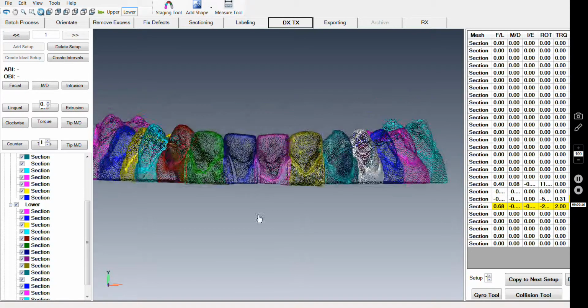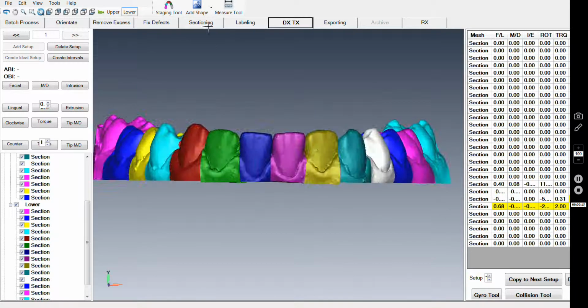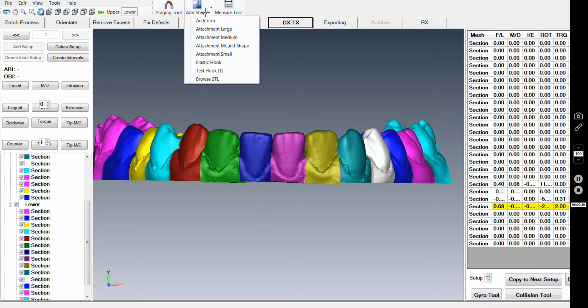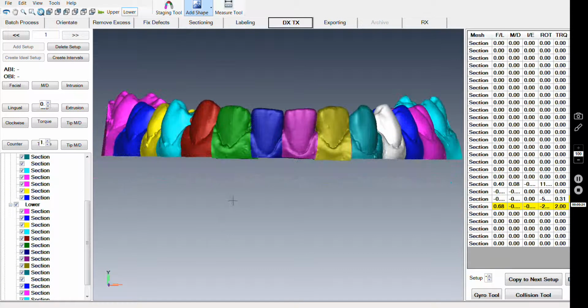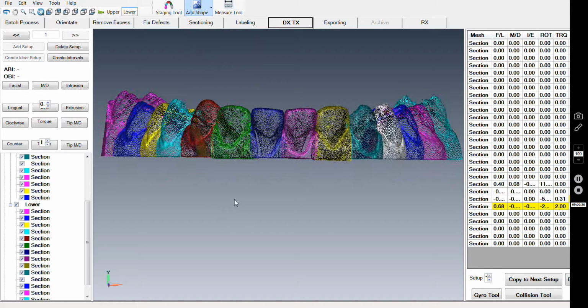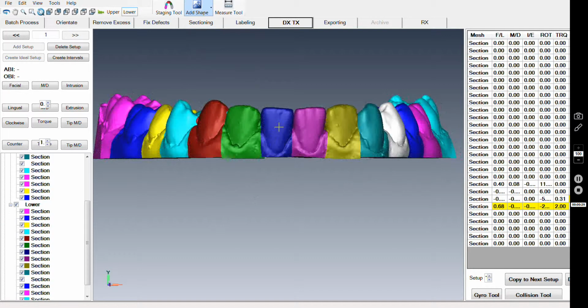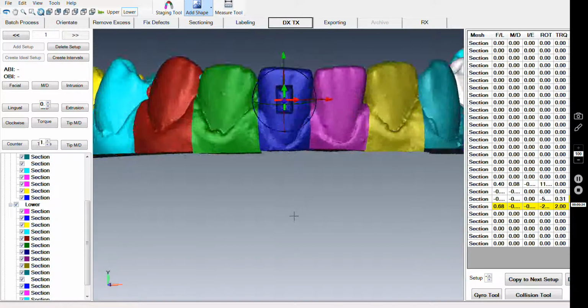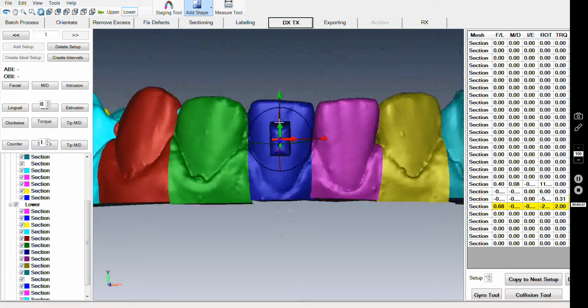So all we're going to do is go up to the Add Shape tool, and I'm going to select the small attachment. That's my favorite attachment to actually use. Then I'm going to just simply left click on the tooth I want to apply that attachment to. I'm going to just select this central incisor here. I've clicked on that tooth, and you can see now it's brought the geometry in on top of that tooth,